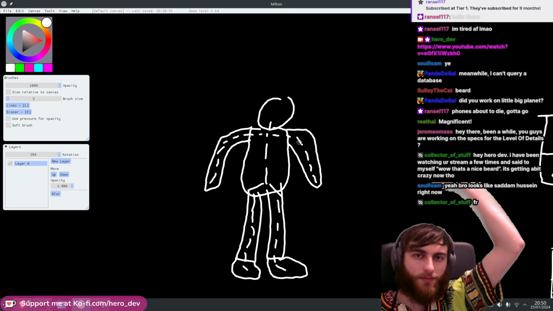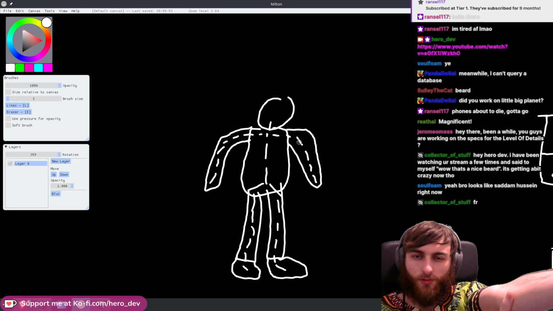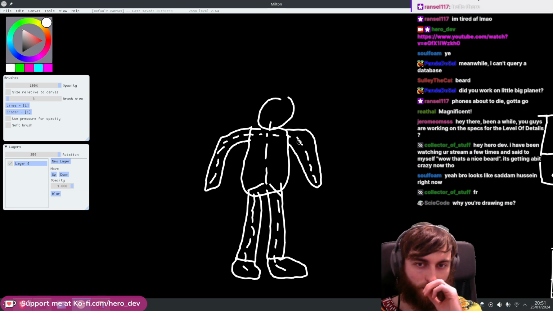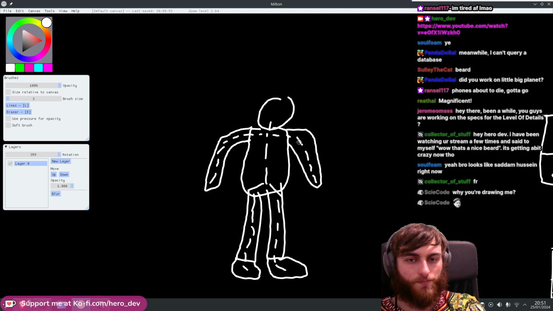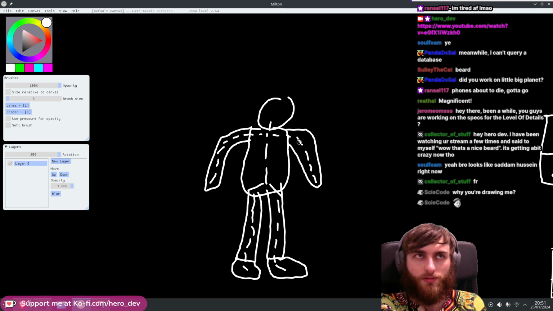So the idea is this bone system needs to work. It's a bit like in Blender, right? Where you have that sort of, I think it's called an armature, or a rig, whatever it's called. I need to get the terminology right. But yeah, the idea is this